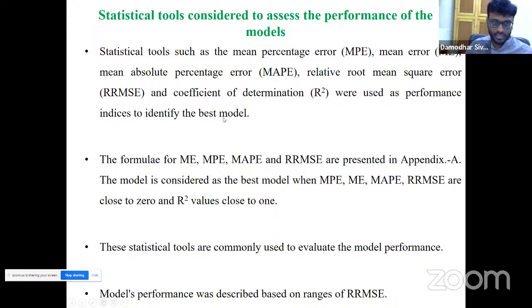This one is relative root mean square error, because if you observe the benchmarking I have done, we avoided the units, like a per unit system. We are very much aware of the per unit system. That means we want to do our analysis without units. For example, if I use